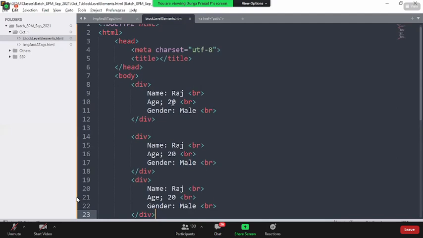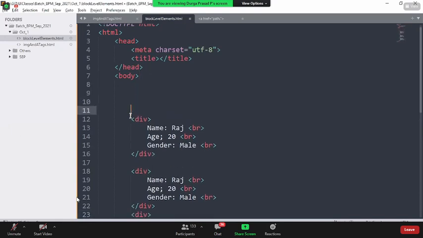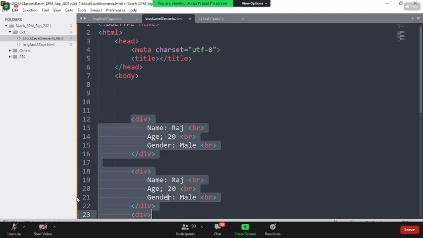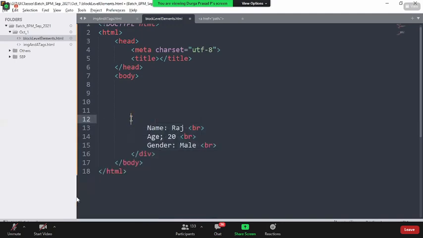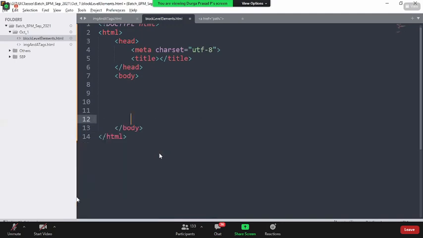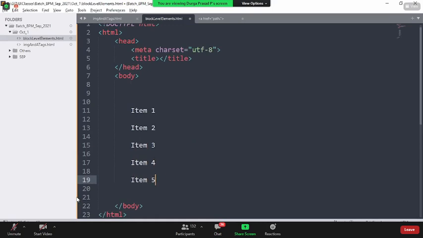Now, how does it behave? How will the look and feel of the div tag be? Let's have a simple example on this. For now, I'm just removing these. This is a simple thing, observe it clearly, guys. I say item 1, item 2, item 3, item 4, item 5.